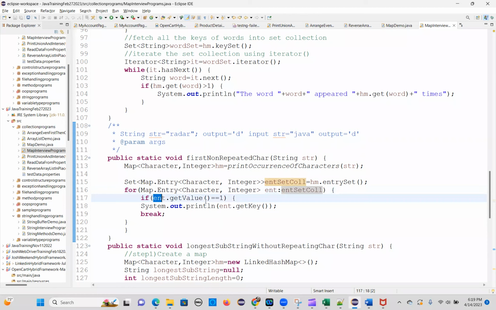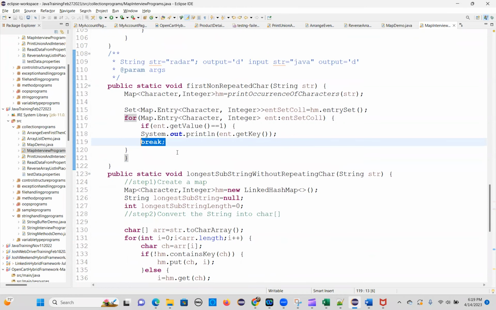If ent.getValue() equal to 1, that's the first element. Then you have to use a break. Break is very crucial here. If you don't use break, then it keeps on iterating, and one more character also it will print. So make sure you